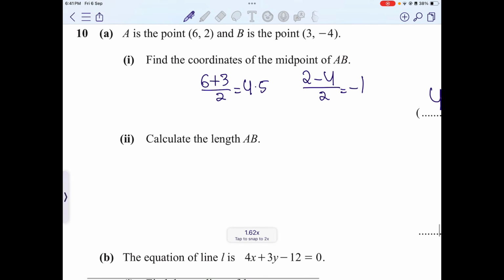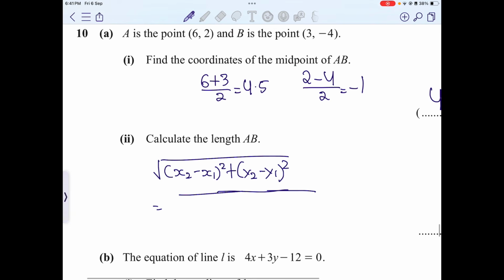Calculate the length of AB. For the length, the formula is the square root of (x2 minus x1) squared plus (y2 minus y1) squared. So do the same thing. What is the value of x2? That is 3, minus the value of x1, that is 6, squared, plus y2, negative 4, minus 2. Just put this in the formula. When you do this, what you get is 3 minus 6 squared plus negative 4 minus 2 squared. That gives you